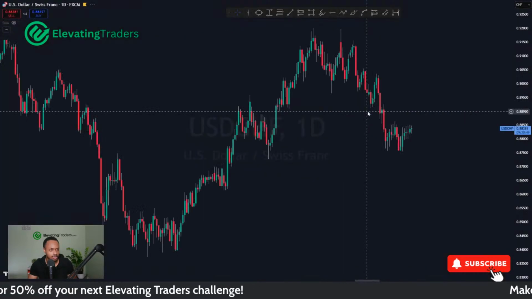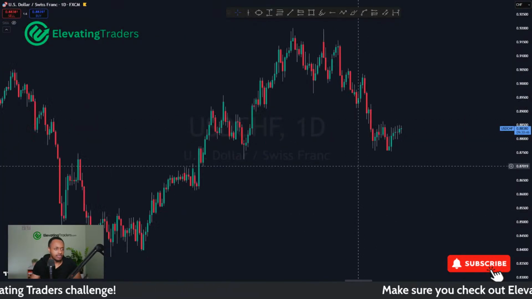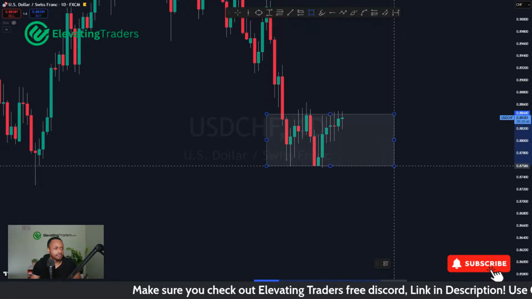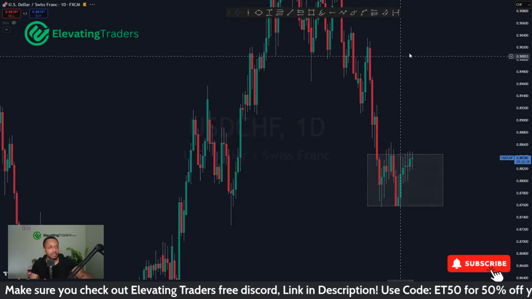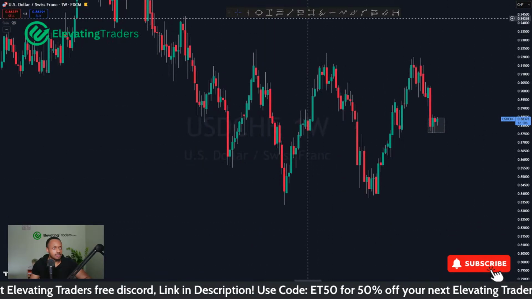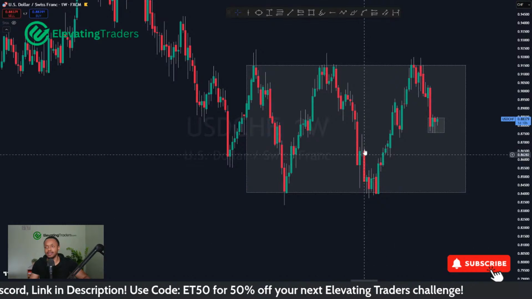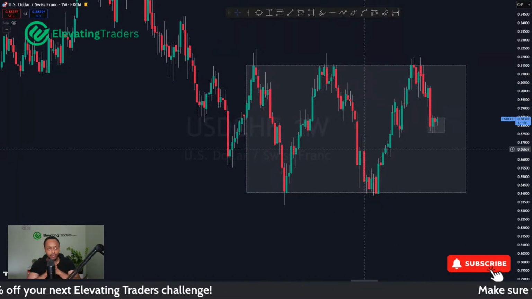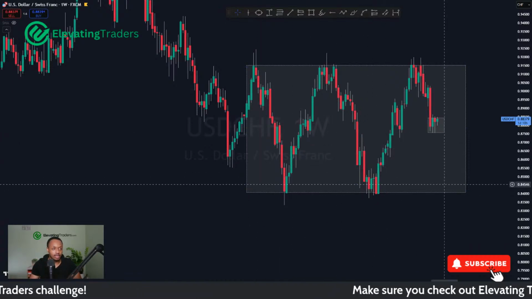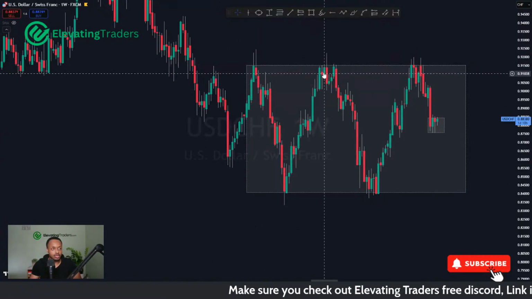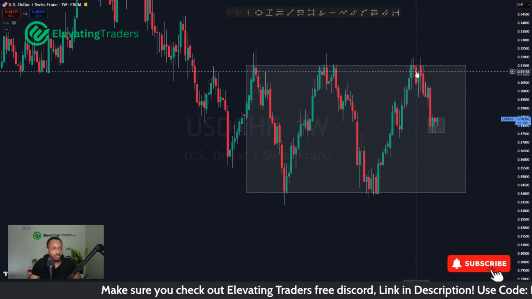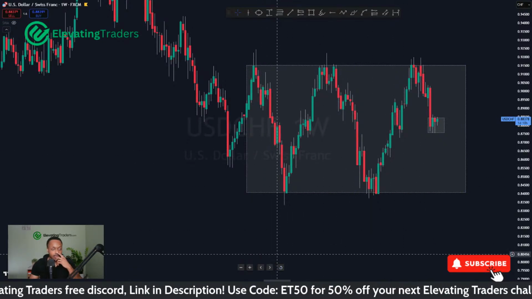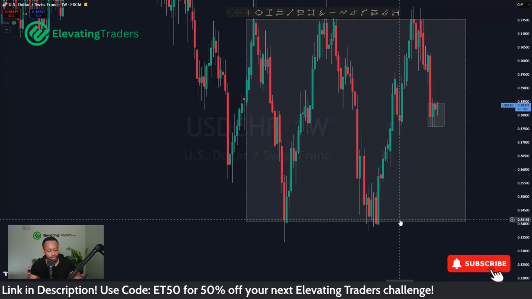I forgot to take a look at dollar CHF as well. And the USD pairs is still consolidating. Yeah, dollar CHF has been very, very slow. It's been stuck in this range for a while. And in fairness, it's in a range in the higher time frames too, so it's not the most appealing pair. I wonder, are we forming a bit of a bottom here, or is price still going to see a swing back into the low end of the range? We've had 3 really strong rejections here. 1, 2, 3. Do we see price go and make a third at the low here?